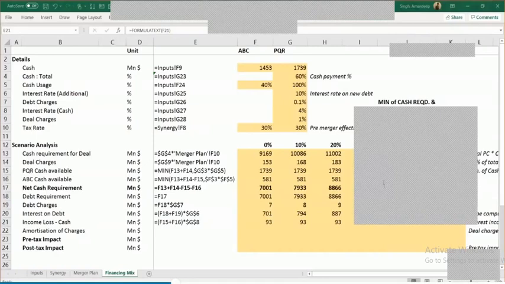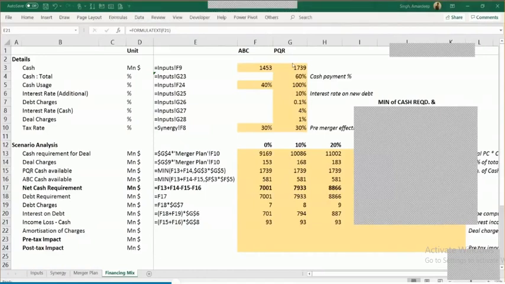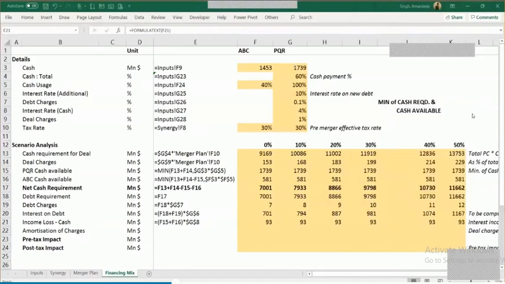Venikit, could you please mention your question again? I couldn't understand. It says, how about that even ABC to PQR? You mean this company has given some loan to PQR? There is some intercompany loan which has been given. If that's the case, that gets cancelled, because after the merger, one company owes something to the other company.